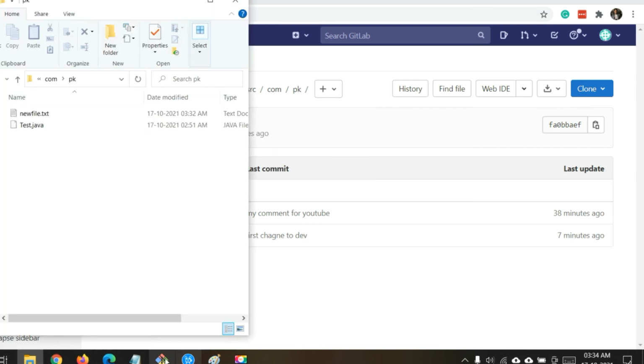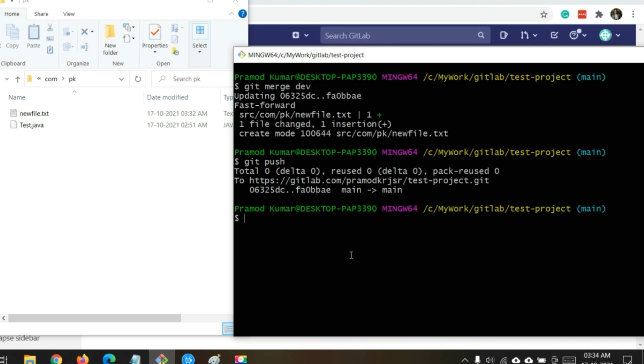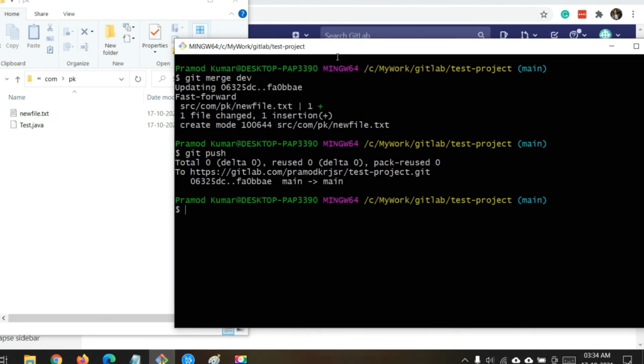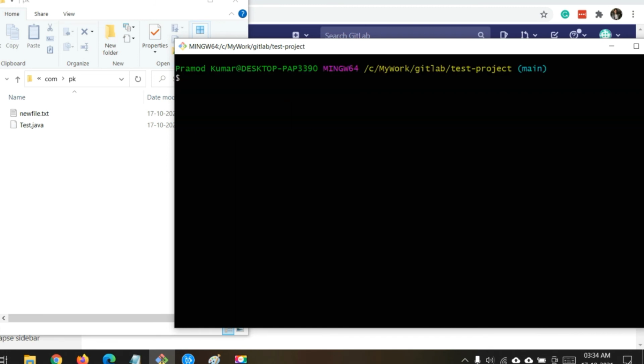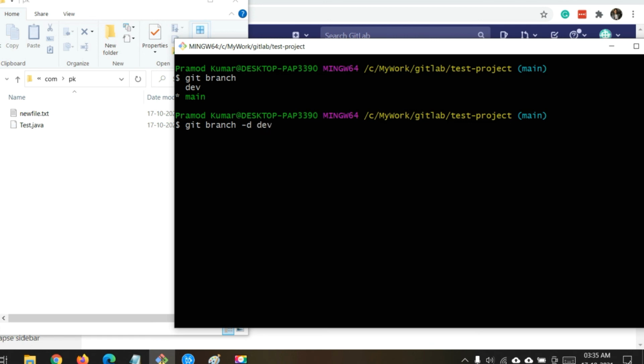So just go back to your prompt. So first of all, make sure that you should not be in the branch which we wanted to remove. So I have to remove dev. So the dev should not be the current one. So I'm in the main. So from main I can remove any other branch. Okay, so I have to remove dev one. So what would the command be? So command is git branch -d and the name of branch, that is dev. So when I hit enter, it has removed the dev branch from my local.